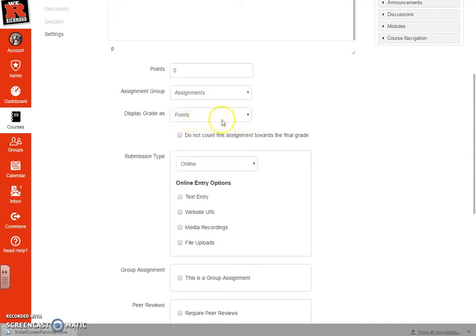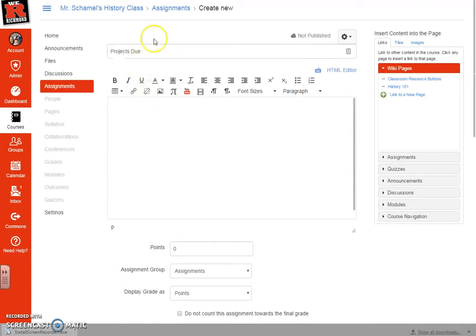I can go in and do my display grades, but again, assignment and quiz settings are going to be addressed at a later time, probably next month. But at the very least, you could go in and put an assignment in as a due date. The benefit for the students